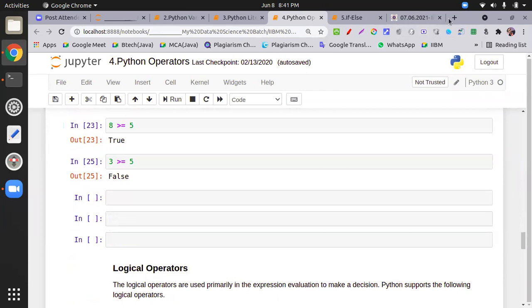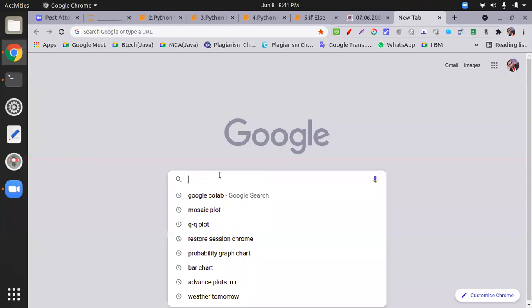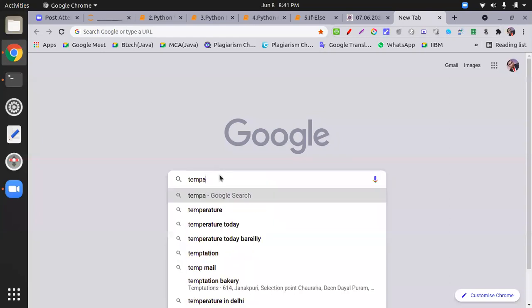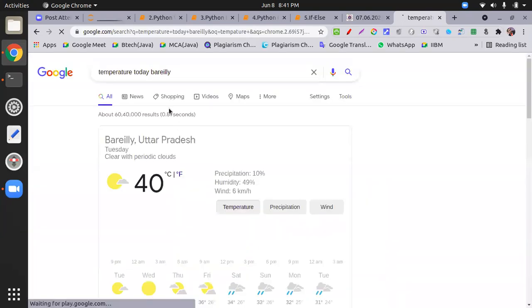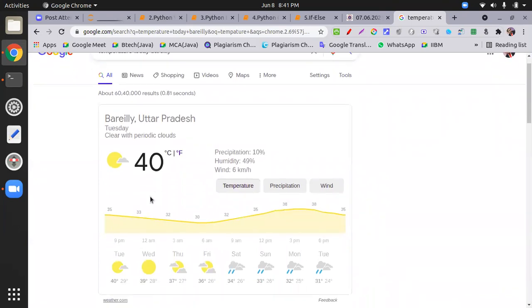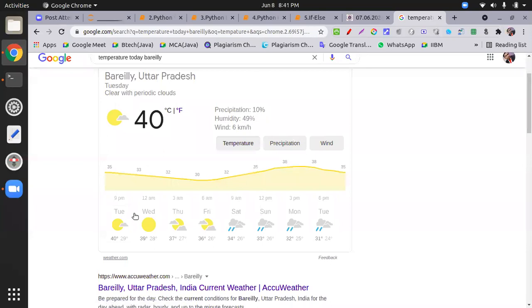Sir, in which city are you? It's Bareilly. Okay, so lots of summer. In Pune, there is very good weather, but very hot summer here. 40 degrees now. Otherwise, it rains on Saturday. Good. Yes, sir, it's very hot in UP. Actually, I have two kids who travel a lot, and it's a horrible summer for them.